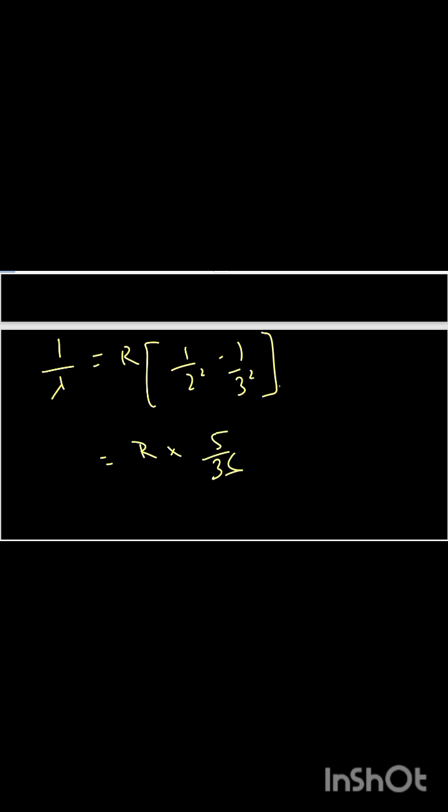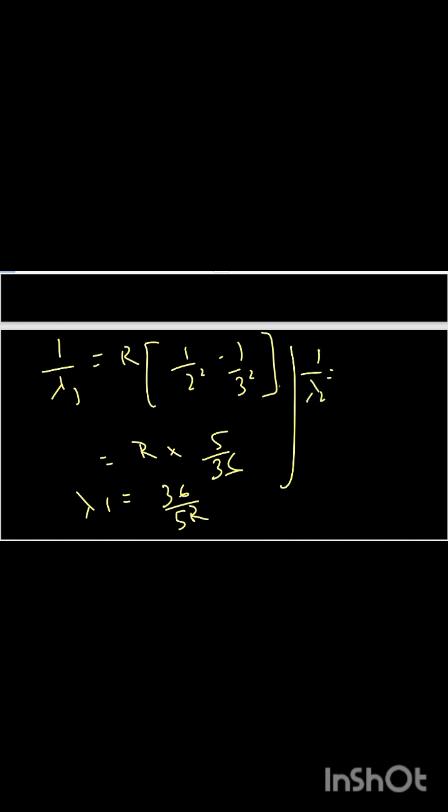So in this question we have to find the ratio of wavelength in one case when it's n equal to 2 to 3, when electron comes from the third orbit to the second orbit. In that case the wavelength is R times 1 by 2 square minus 1 by 3 square. So it comes to be R times 5 by 36. Second scenario, let us take it as lambda 1. So lambda 1 comes out to be 36 by 5R,